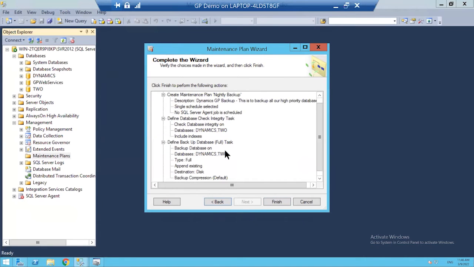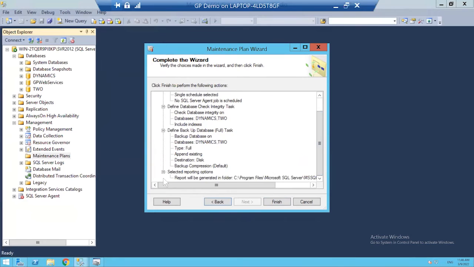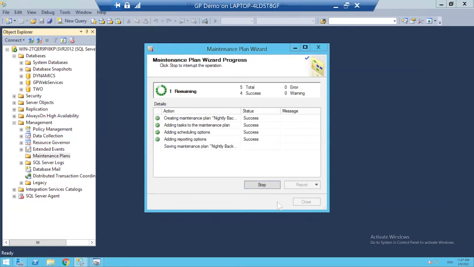The databases that I chose are listed here, and I am stating that I would like a full backup to be done, right? Currently, the reporting options is going to be sent just to my log folder on my SQL Server Management Studio file. Once you're finished, you can go ahead and click finish, and it's going to run through that backup. If it fails, then you would need to go in and check to see why that has occurred. All right. And once that's completed,